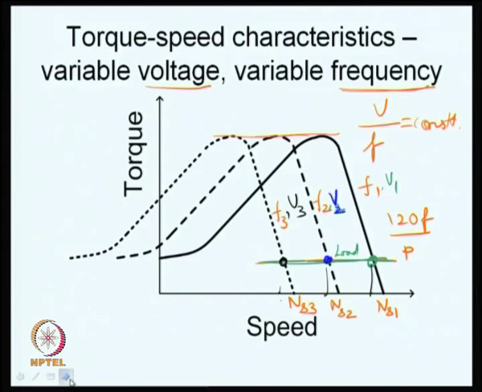Here what you are trying to do is you similarly have a revolving magnetic field inside. You want to control the speed of the induction motor. What can you do? One of the easiest things for you to do is to reduce the speed of this revolving magnetic field. Let me call this omega s or fs. If I can just reduce the speed now.